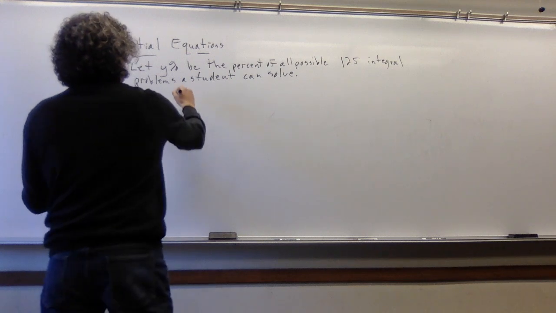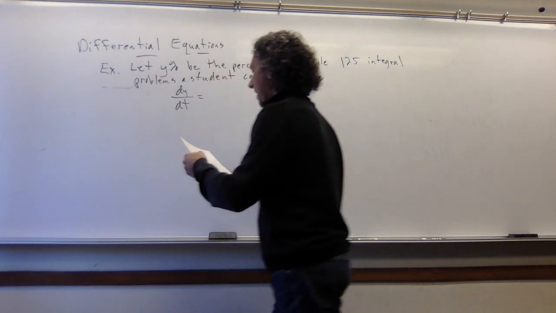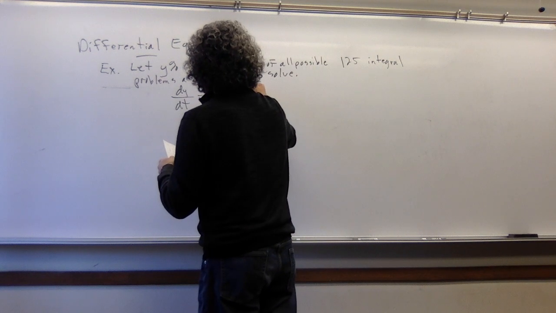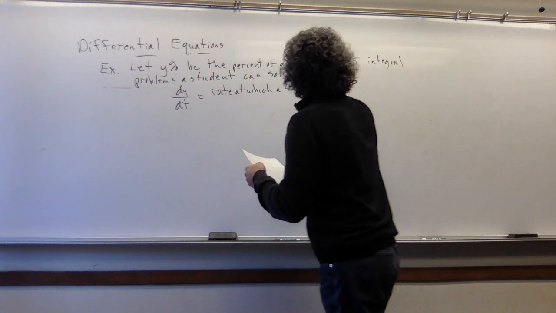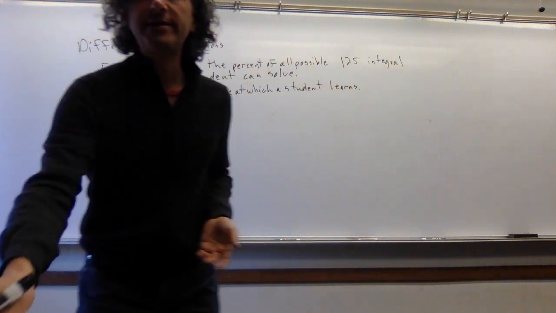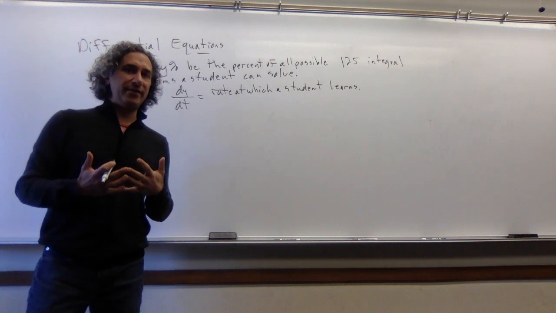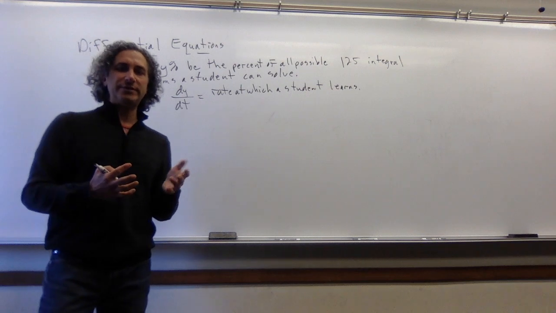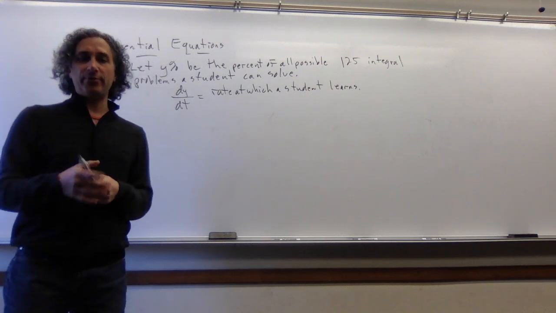And we're also going to say that dy dt, the rate at which a student learns, follows a pretty typical model, which is fast at first. It may not feel that way, but since you know nothing at the beginning, you're actually learning quickly at first,